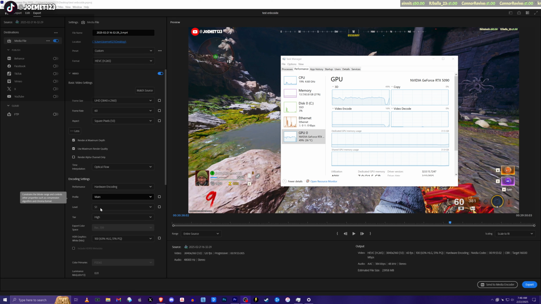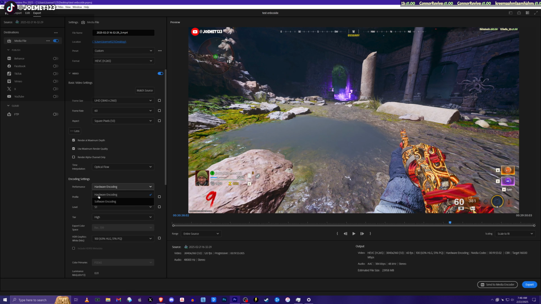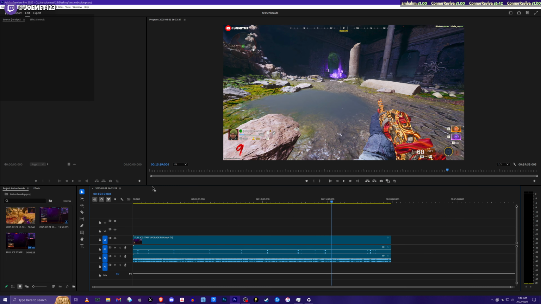All right, this is how to get hardware encoding to work within Premiere Pro if it's not working for you. Very simple solution. A lot of people are probably overlooking it. They probably did a lot of stupid things, like listen to YouTube videos that tell you to go to Premiere